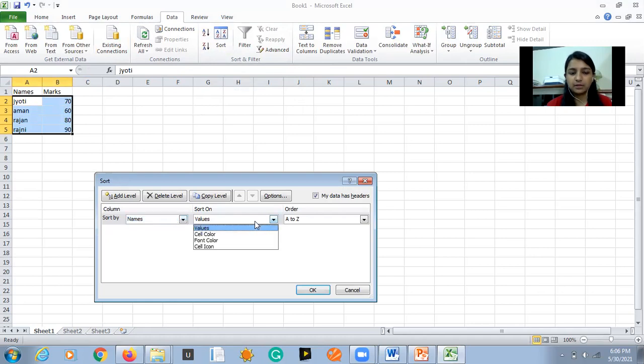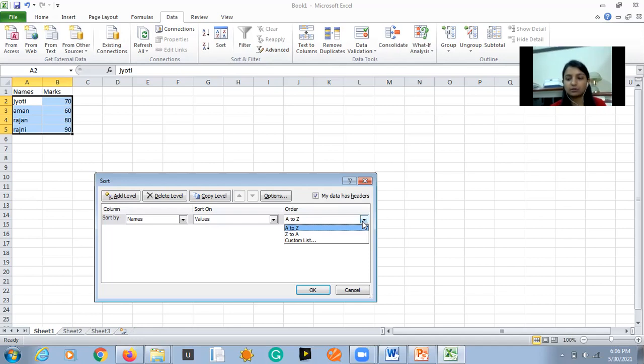Okay, you can give the values also, like the cell colors, in order A to Z. Now here you can see that I was talking about the ascending and descending option: from A to Z it would be ascending, and if you want from Z to A it would be descending. Or you can also customize the list as you want. Okay, so I would be selecting A to Z only.